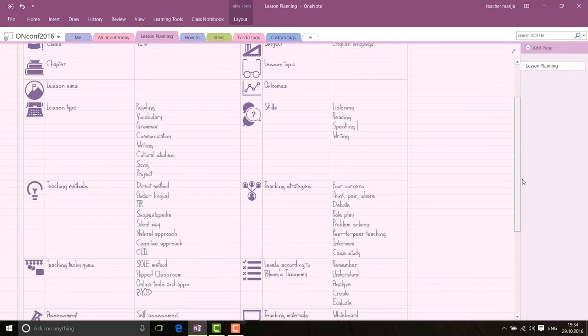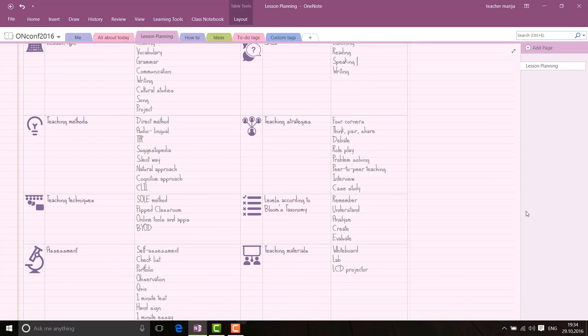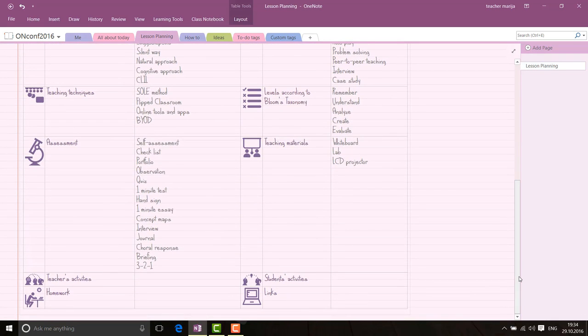Now, if you go down, you'll see that, well, most of the things are filled in. So if I'm using the SOL method, I'll just highlight the SOL method. I'll use bold letters for the SOL method. And at the bottom, you'll see that the teacher activities, you have to fill in the teacher activities and the students' activities, which is natural, and give something for homework and add some links that you have used during the lesson. So this is basically what I use